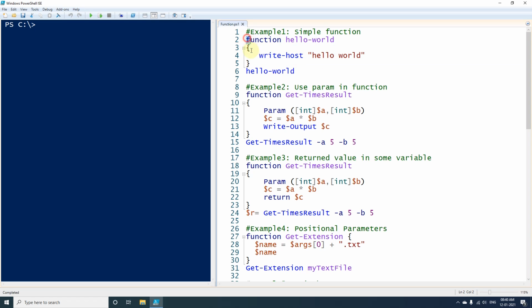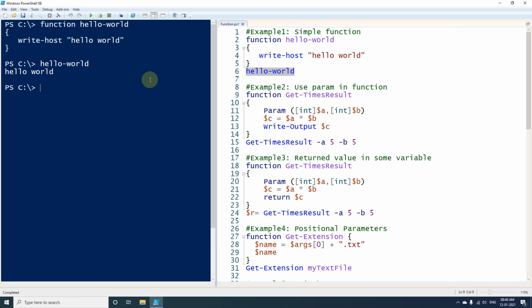First we will execute the function declaration part, and to call this function I will simply execute the name of the function. As soon as I have executed the name, we got the content inside the function printed on the screen.